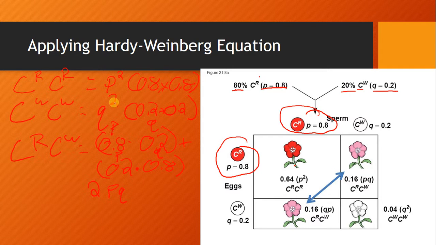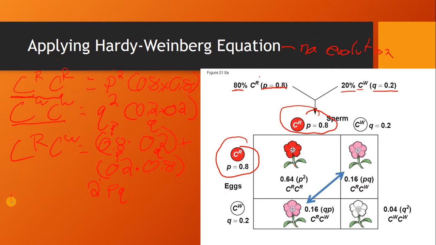So this is how I can use the allele frequency, if I know it, to figure out if we're in Hardy-Weinberg equilibrium, meaning no evolution. If there's no evolution, this would be my frequency of each genotype. In this example, the number of homozygous dominants would be P squared, homozygous recessives, or 2 white alleles, Q squared, and the heterozygote would be 2 times P times Q.